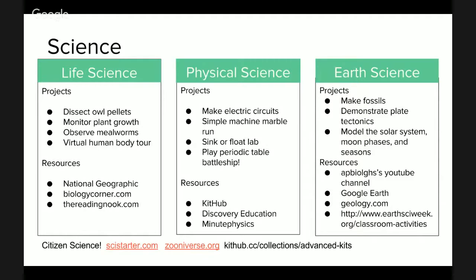But science happens in a lot of different places. And I wanted to point out especially something that I didn't always think about, which is integrating science with technology, especially these resources for earth science that I put here. There are so many online resources that maybe sometimes people don't think about, like using Google Earth, being able to zoom in on a canyon and show kids what it looks like. That's a really cool resource that we have available.